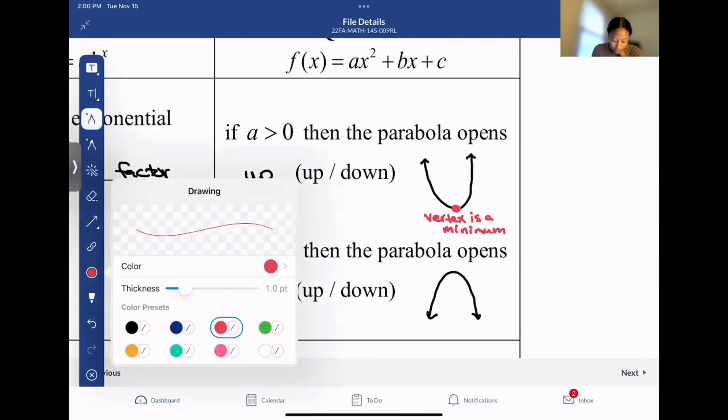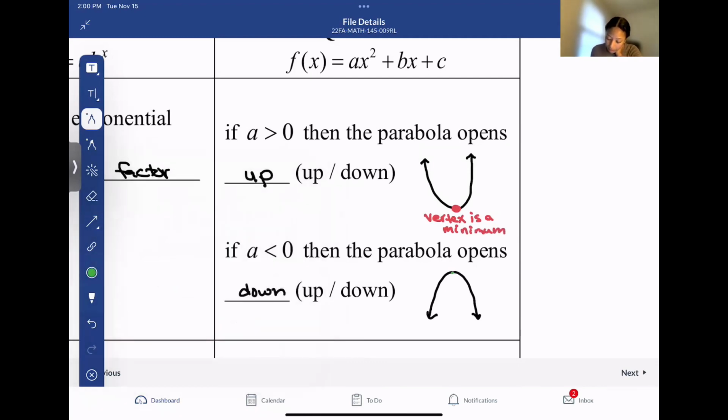But when our parabola opens downward, like in our example from earlier, the vertex gives us the maximum point. So it's important to know whether your vertex is the highest point or the lowest point on the graph. That'll help you answer certain questions that we're going to look at,